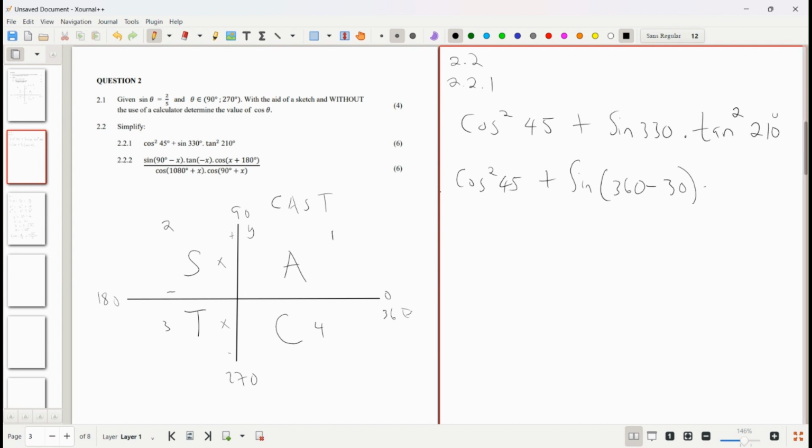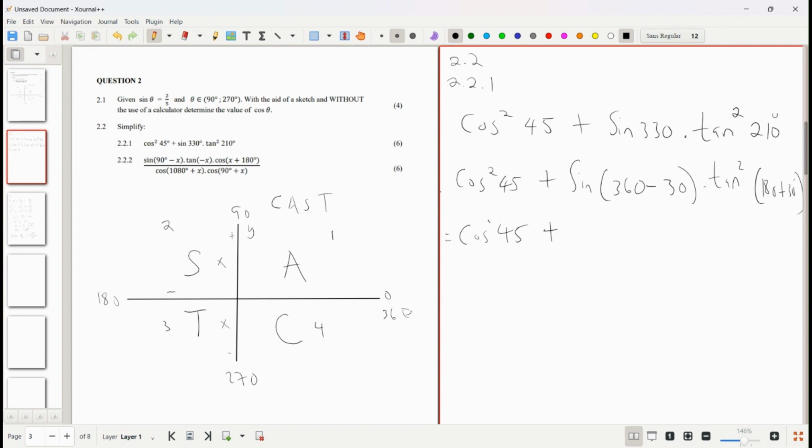And tan 210 can be written as what? A close number between 360 and 180 is 180. So we'll say it can be written as 180 plus 30 degrees, right? Remember this one is being squared. And then this will equal to what? Let's write cos square 45 for now, and then plus